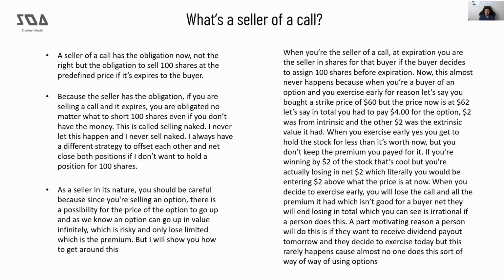So a buyer of a call has an advantage when their strike price goes below the spot price, because it shows that the price right now is higher than what you bought it for at the strike. So a person who wants to exercise the option likes to do it when it's in the money. When it's in the money, you gain the valuation intrinsically, as if you were owning the stock, with 100 shares per contract. So if you bought one contract, that's 100 shares, and if it's two contracts, that's 200 shares.